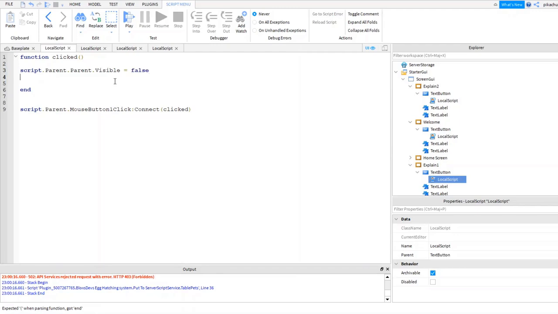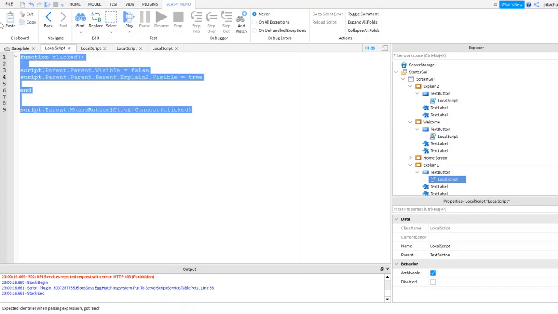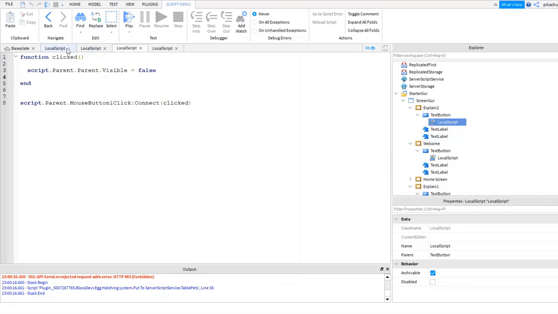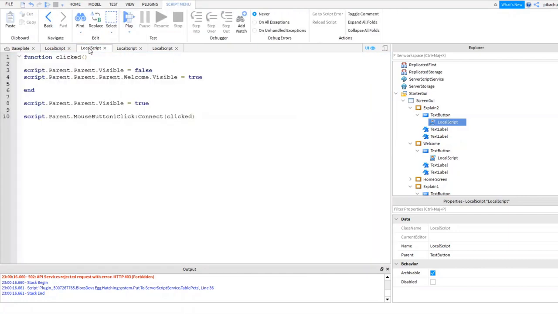Now we're going to say script.parent.explain2.visible equals true. So automatically when you go to the first explanation and click continue, it will go to the next one, which is going to be another explanation.